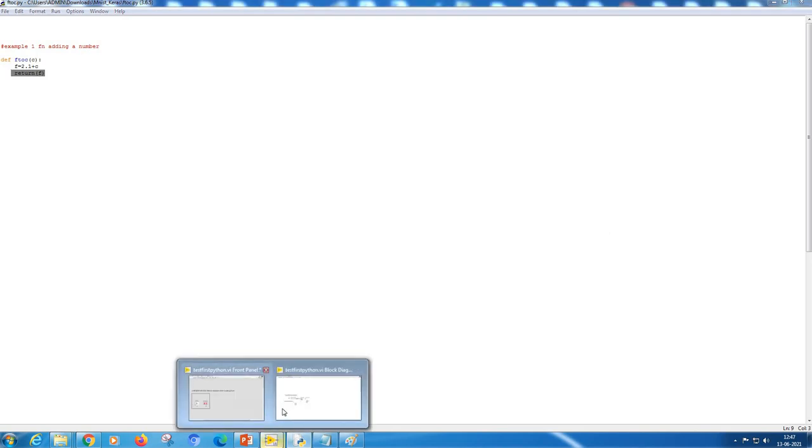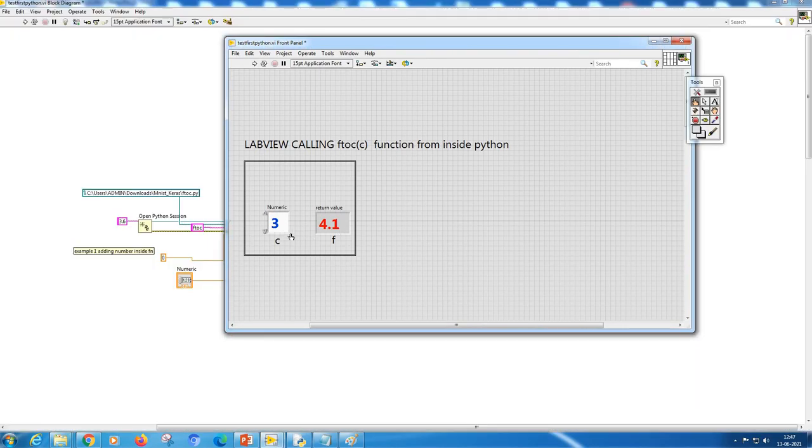So go to the program, I am going to run it. After running, you get 5.1. Suppose I make it 4, you get 6.1. If I make it 0, you get 2.1. So this is how you can create a program.